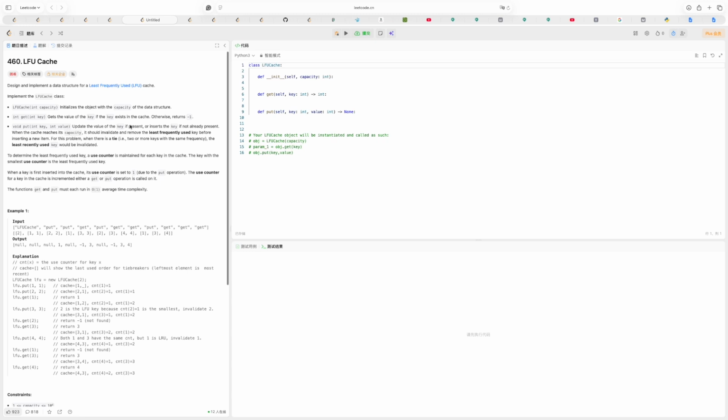The get function will get the value of the key if the key exists in the cache, otherwise returns -1. The put function will update the value of the key if present or inserts the key if not already present. When the cache reaches its capacity, it should invalidate and remove the least frequently used key before inserting a new item. For this problem, when there is a tie, 2 or more keys with the same frequency, the least recently used key